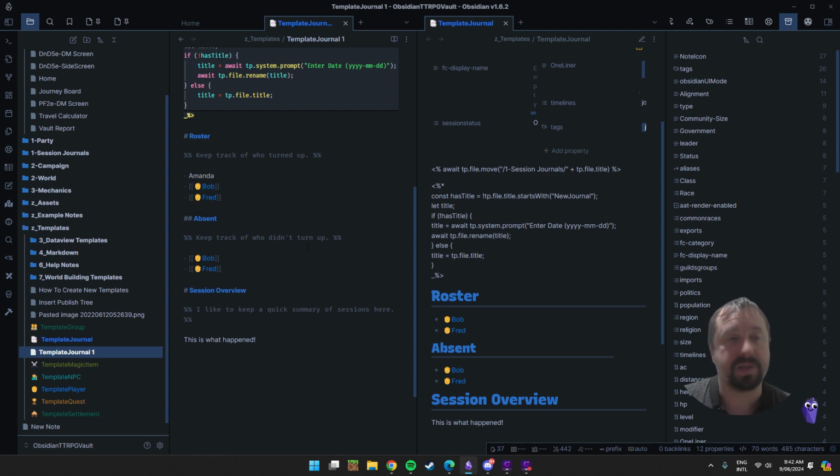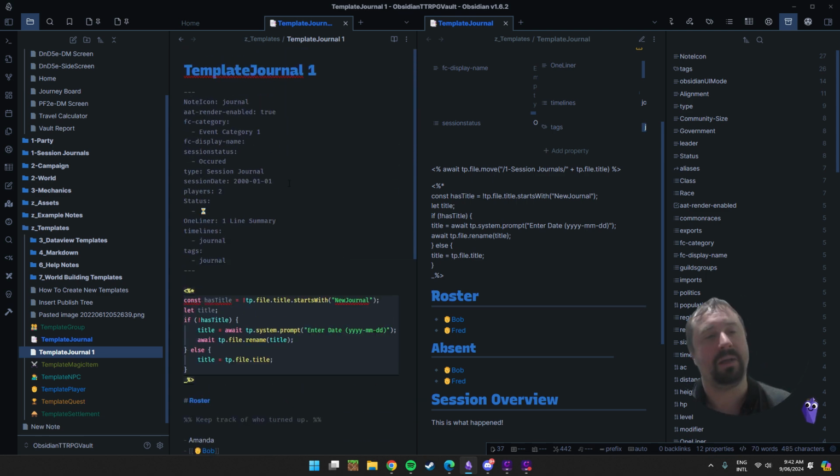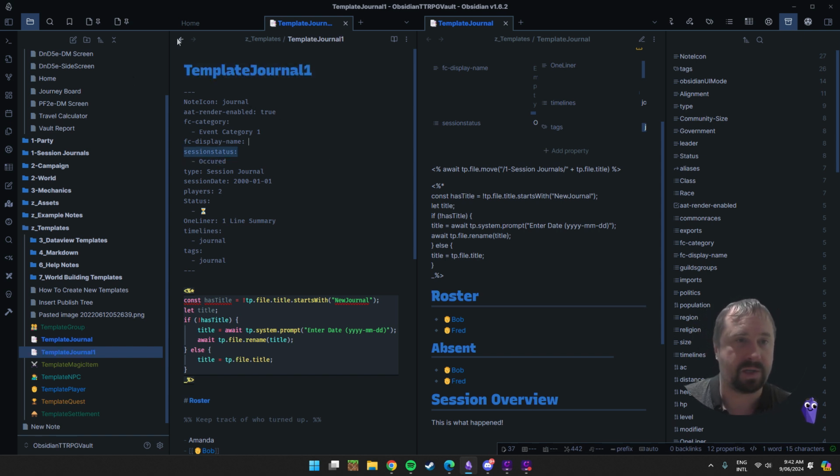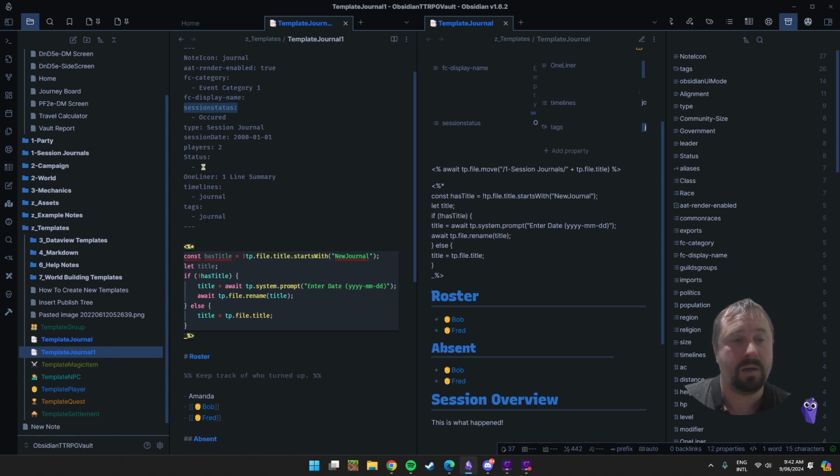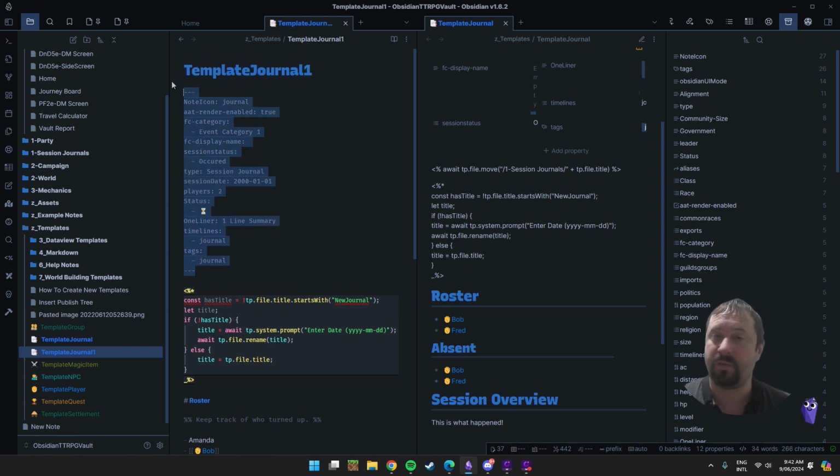I put Amanda in there just so it's got a difference in the note, so I can see that there is actually a physical difference when I trigger this. So I've got Template Journal 1 now. I make my properties for my own personal template. I can put whatever I want in there. For you guys that are using